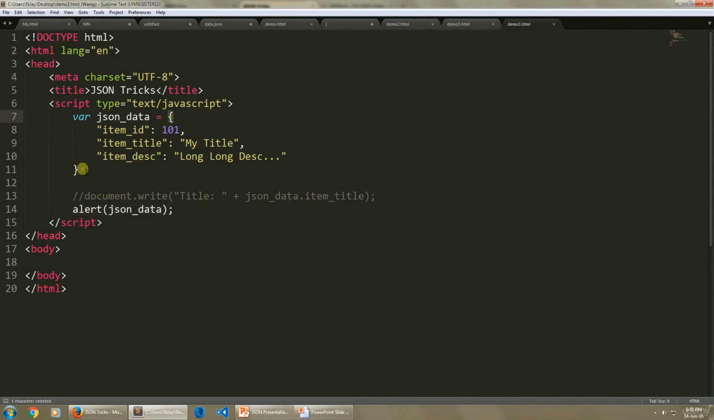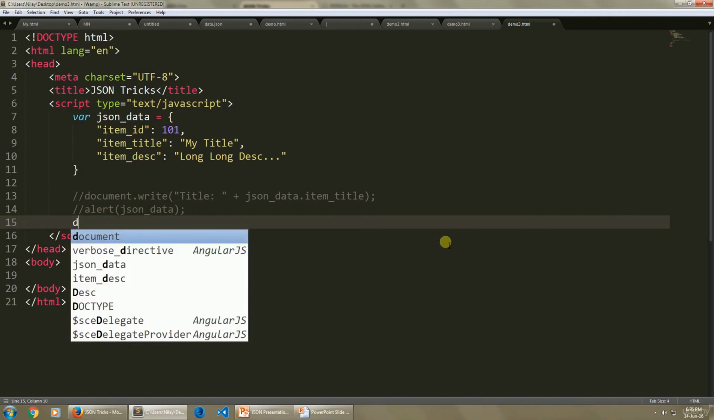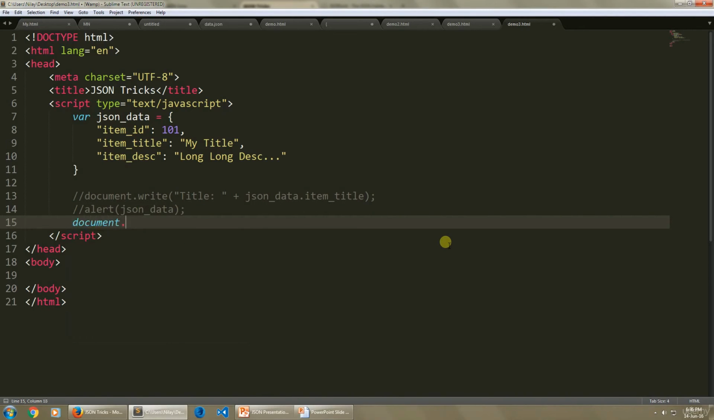What do you do when you want data in the form of curly braces or square brackets? In this situation, we need to use the stringify method of the JSON object. JSON object is a predefined object in JavaScript. For this, I am commenting this out and writing document dot write, JSON dot